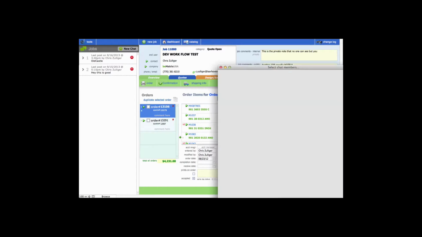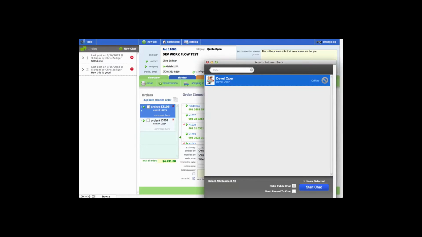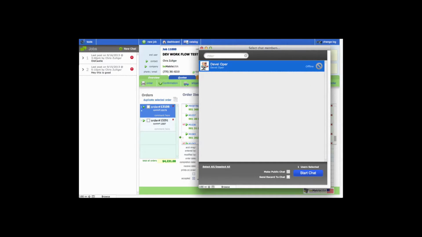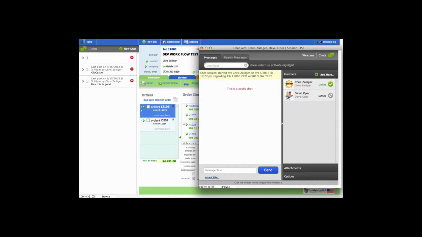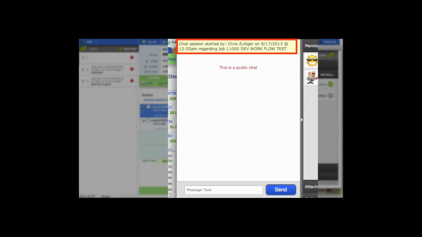So this chat feature has been implemented into this, and there's only one guy in here, so I'm gonna start a chat with this other person, and you'll see it says the chat was started by me on this date at this time regarding this particular job, and I can say, what is the timeline